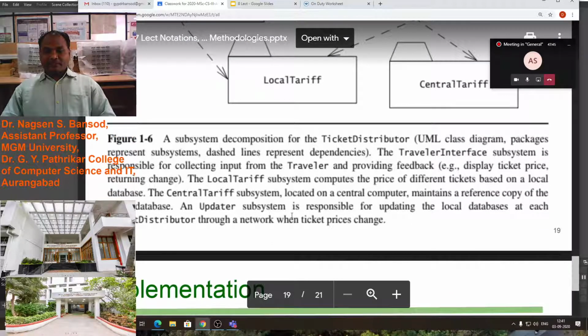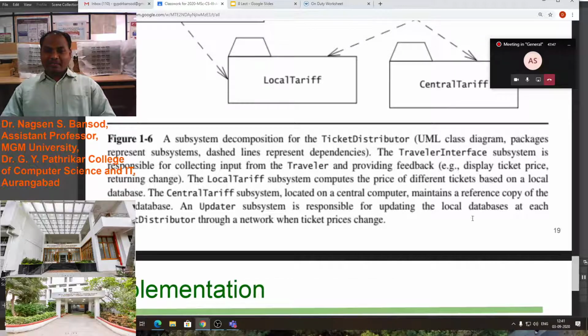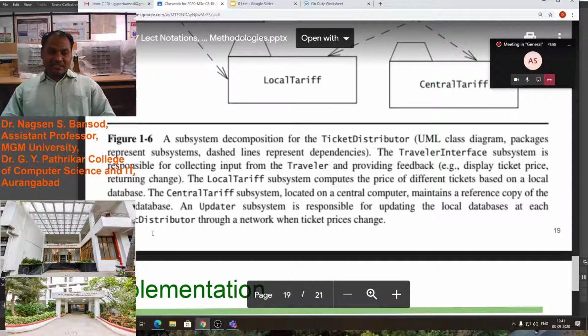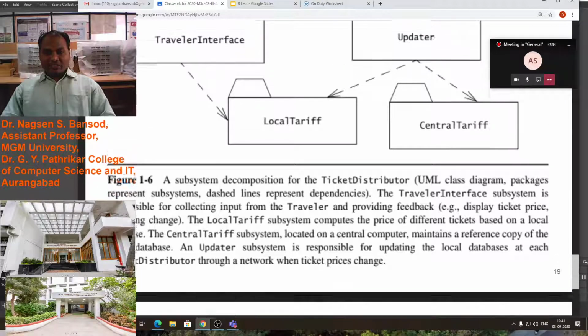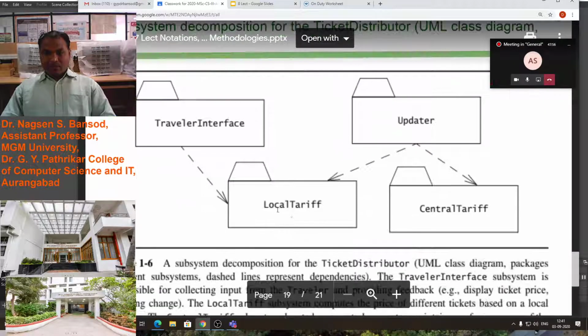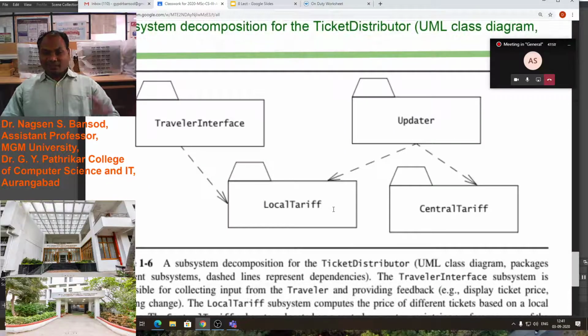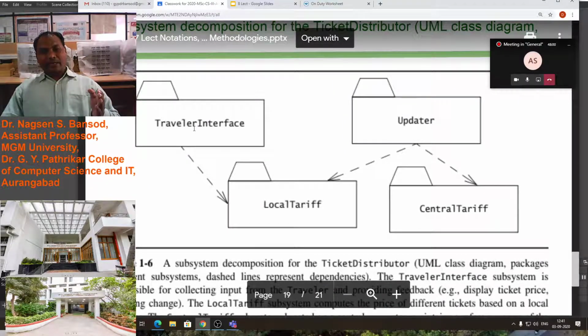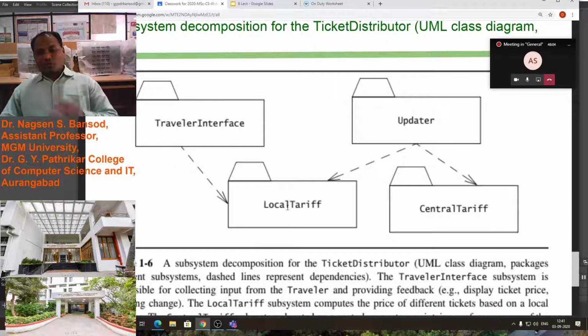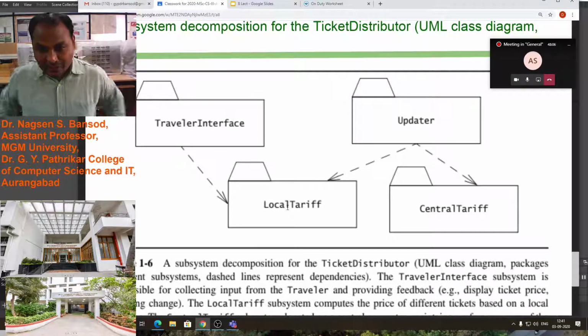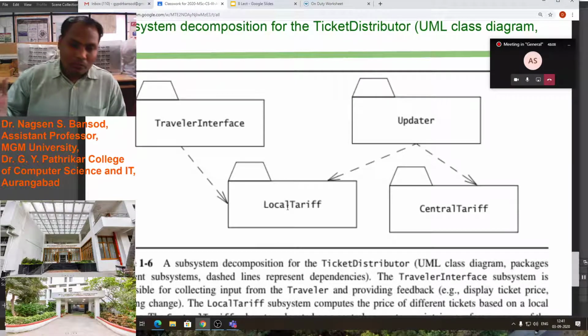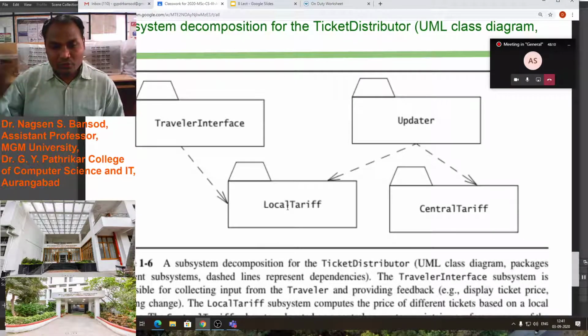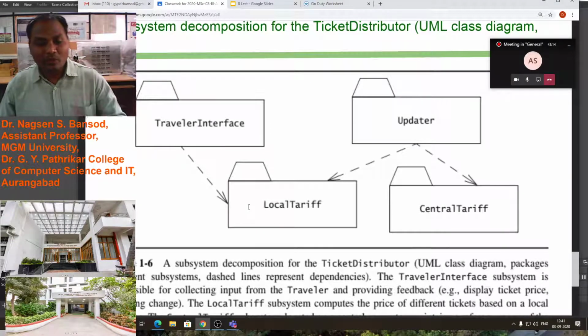An updater subsystem is responsible for updating the local database at each ticket distributor project and network when the ticket price changes. Now suppose the ticket price is changed. Suppose by the traveler interface the zone is updated, meaning he wants to go from our college to the university instead of our college to SIDCO.